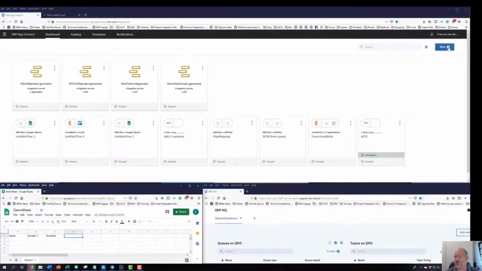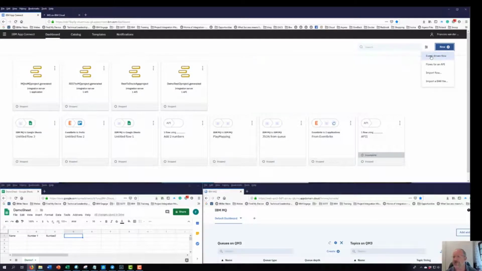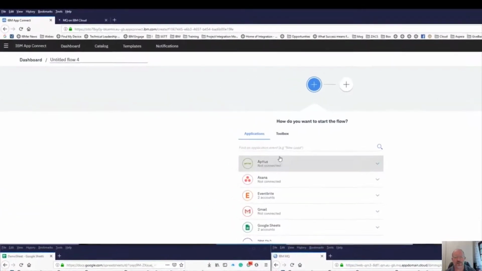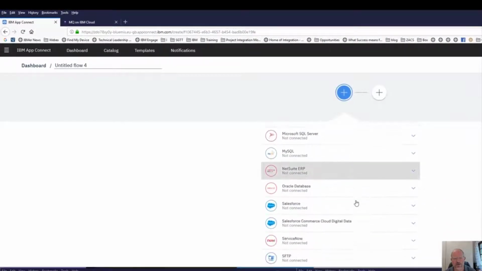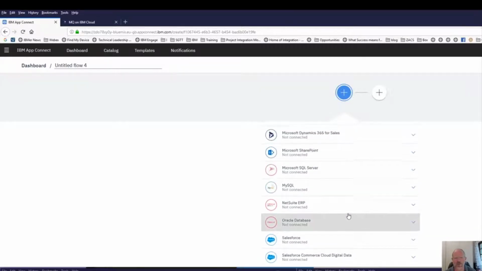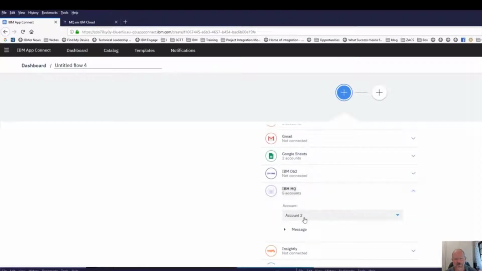So what I'm going to do is use an event-driven flow. Event-driven flow in App Connect means that there's a trigger message that started somewhere. In App Connect, there are several applications that I can use as the initial trigger message. When you scroll down in there, you'll see several popular applications out there. So I'm going to use IBM MQ. I've already created an account to log into IBM MQ. And I'm going to say when a new message arrives on the queue,